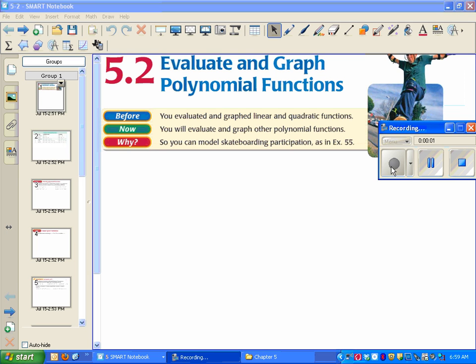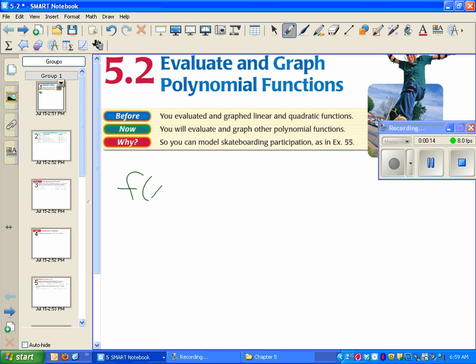Okay, welcome to 5.2, Evaluating and Graphing Polynomial Functions. Before we do any of that, we need to figure out what a polynomial is. So this is the basic definition where f of x, which is a fancy name for y, is equal to